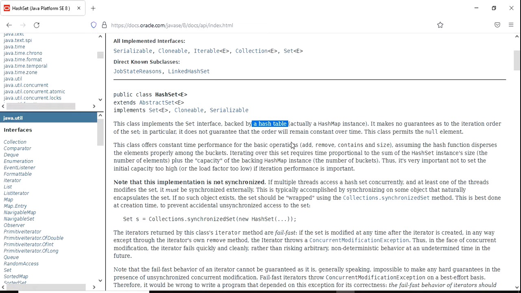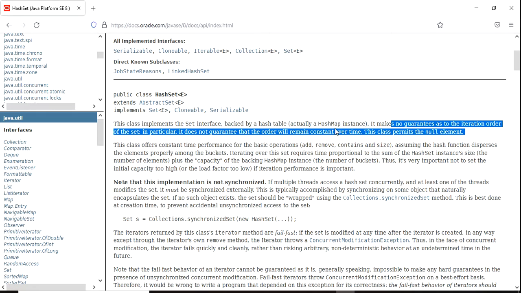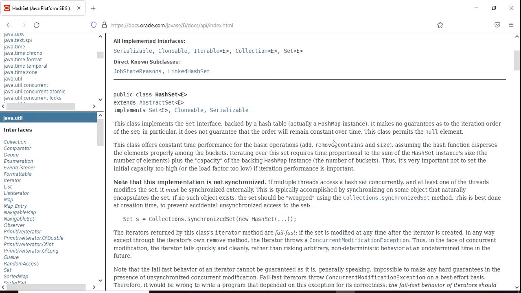If you are storing an element, it stores it in a hash table, which maintains key and value pairs. Hash set uses keys, and those keys are nothing but the hash code. It makes no guarantee about iterator order. When you are fetching, there is no guarantee.